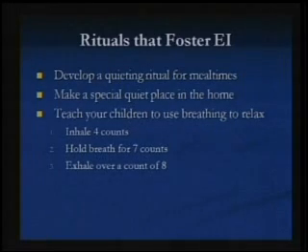The resource that I used for the next few slides is in your references. It's a book called Building Emotional Intelligence. And here are some of the things that the author suggests that parents do to foster emotional intelligence. Develop a quieting ritual for mealtimes. Lots of kids, everybody eats on the run, or everybody eats in front of the TV. This wouldn't have to be something that you do necessarily every mealtime, but at least some of the time, slow down. Light a candle. Say a prayer. Or just gather together before you sit to eat.